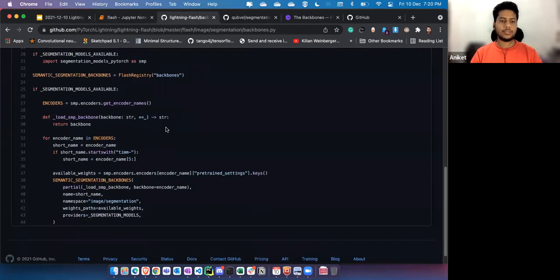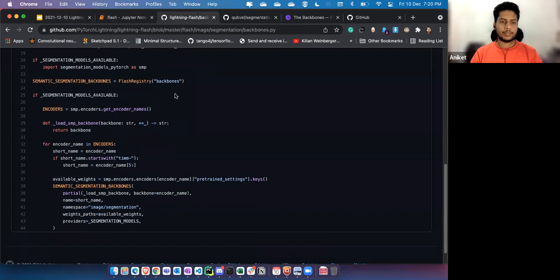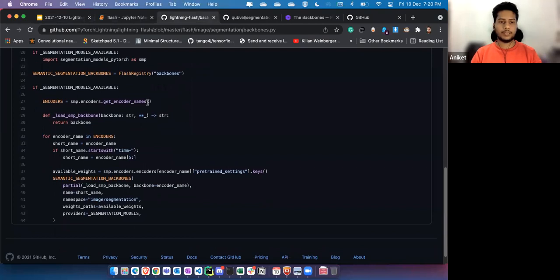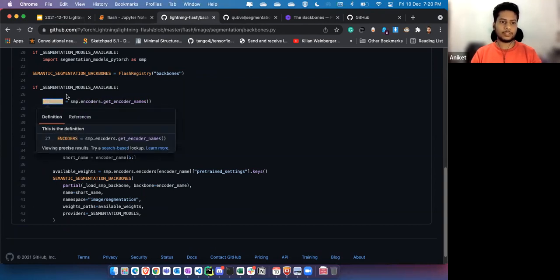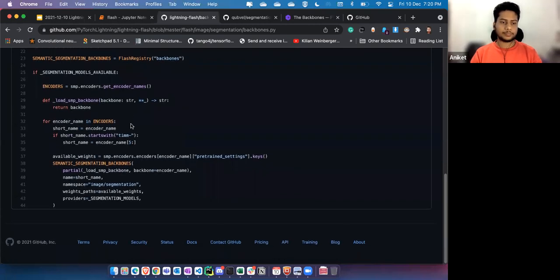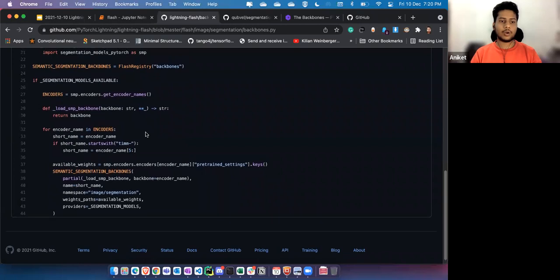Okay, so what are encoders here? To get the names of encoders like ResNet, EfficientNet or MobileNet, I do smp.encoders.get_encoder_names, and I have stored all my encoders in this variable. After that, I have to register all my encoders with the registry that I created earlier.